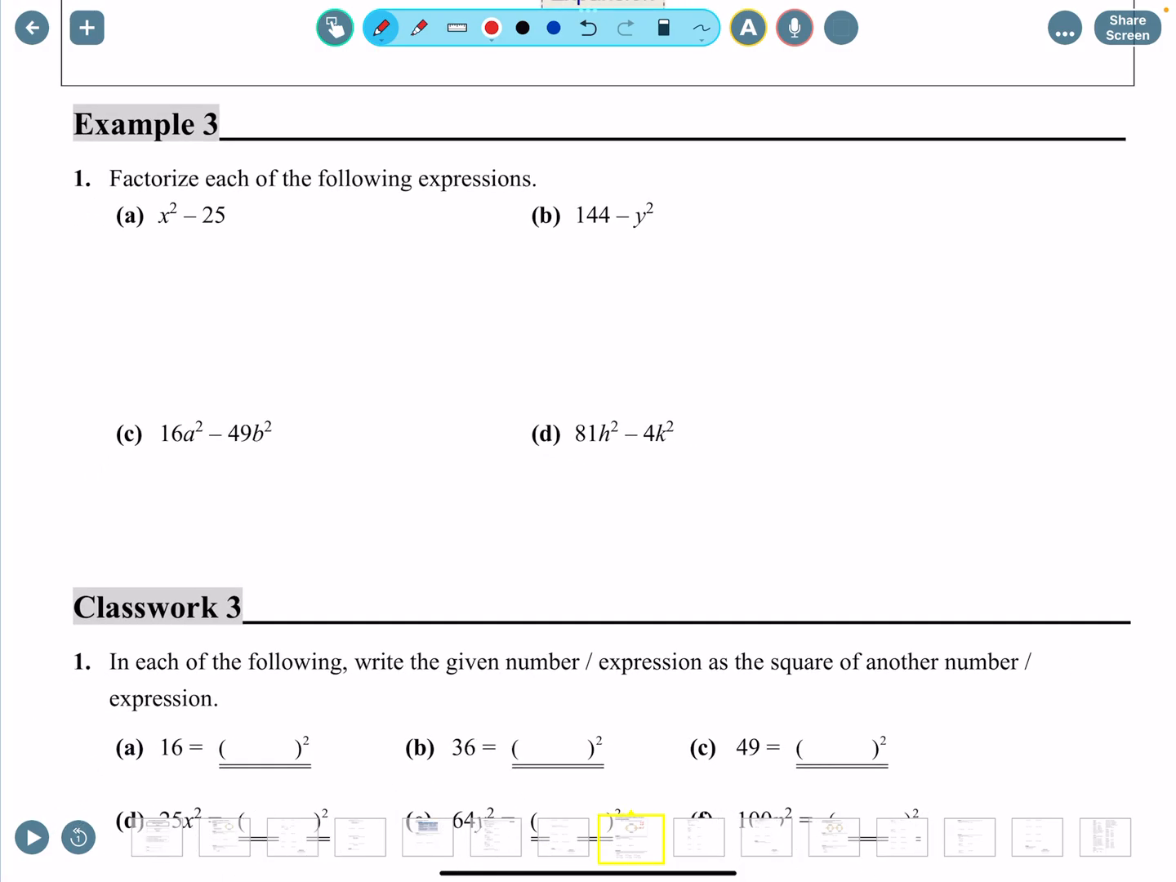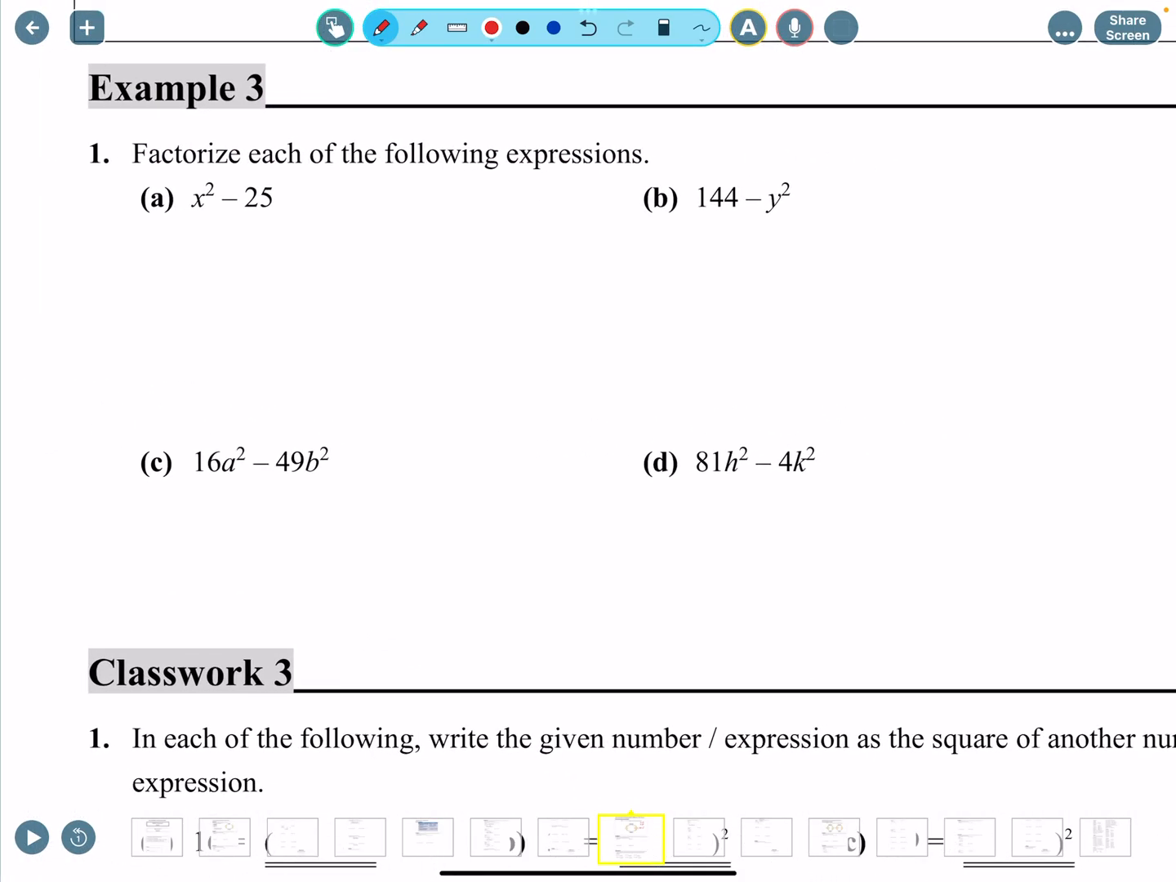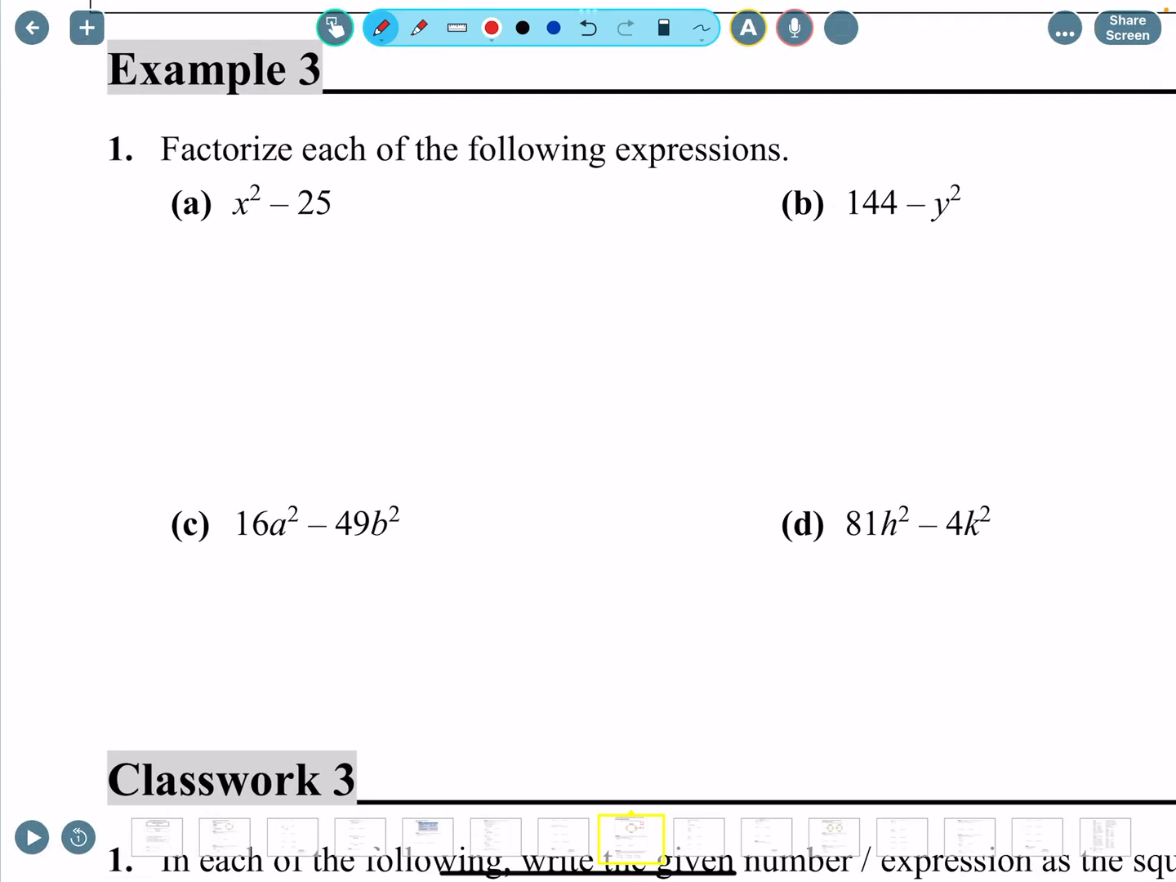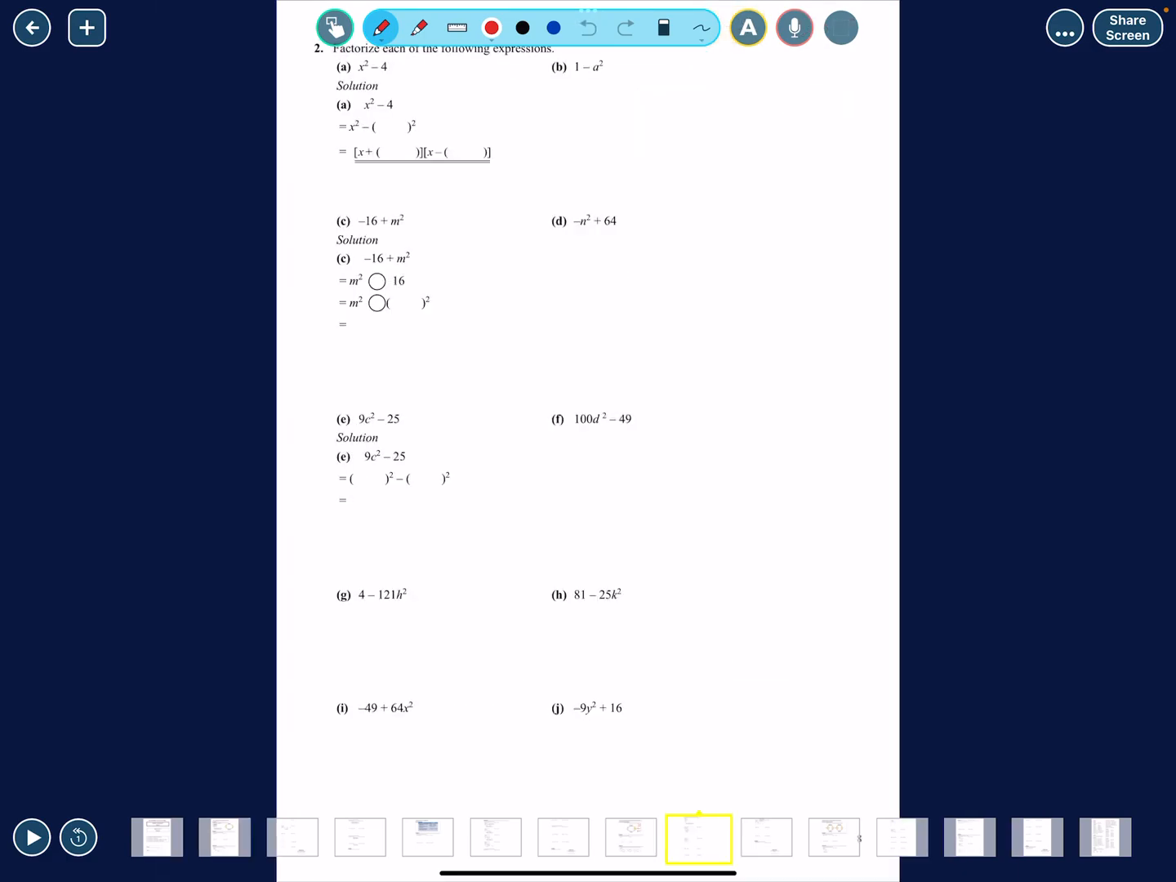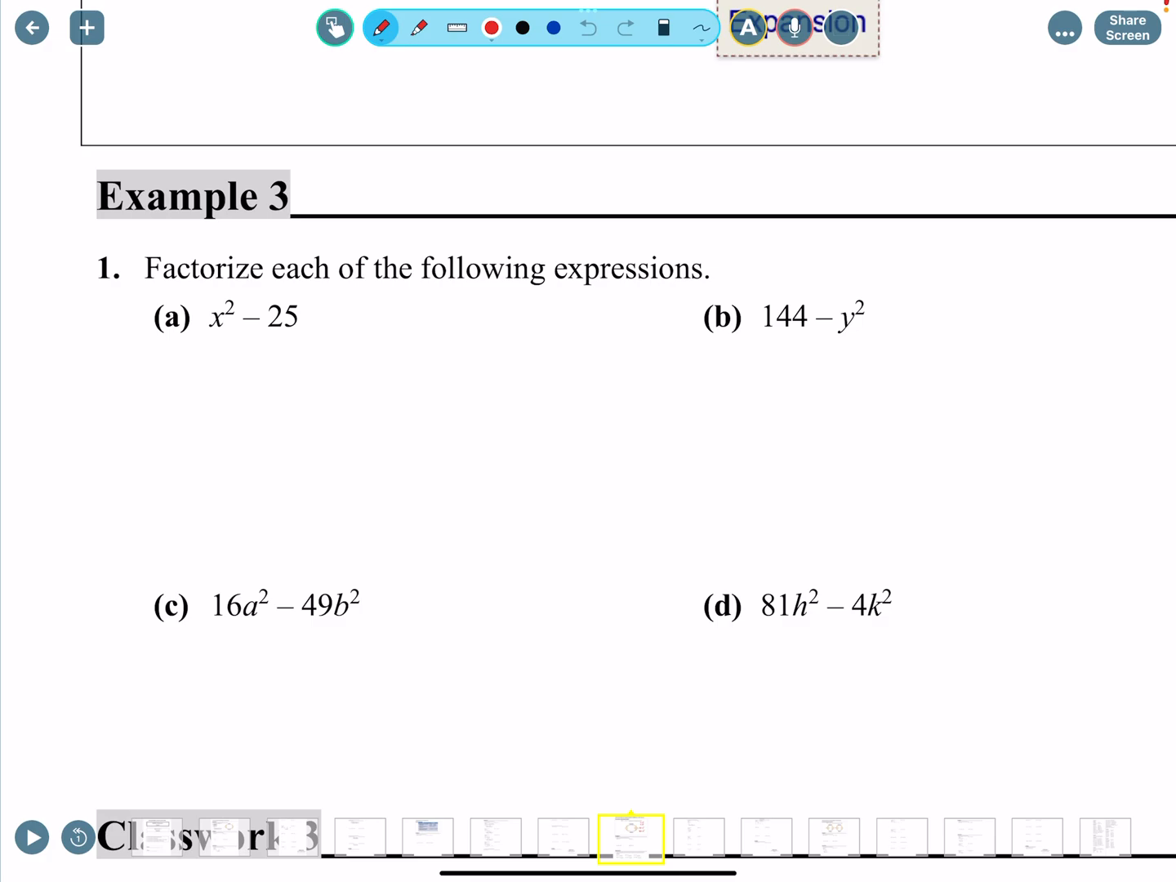Okay, so I'll do maybe example 3 or everything over here. Your homework's not going to be that difficult. It's just going to be these kind of questions. Yeah, so let's just jump straight into it. So for number 1,